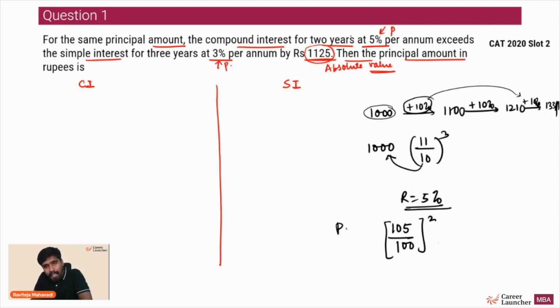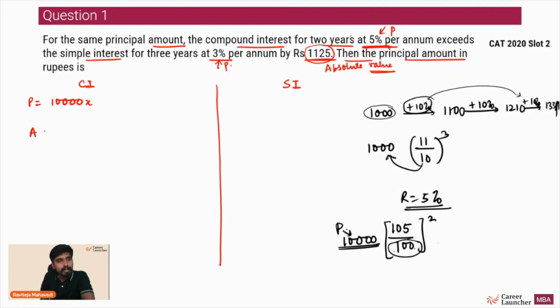So the P that I will typically take is a multiple of 10,000, since 100 whole square is 10,000. I will assume the principal to be 10,000, because already I am mindful what value to assume. So for this question, I'll assume the value of the principal to be 10,000. So let us say that my assumed value of principal is 10,000. For goodness sake, let us write 10,000x and see what happens. If the compound interest is 5% per annum, then the amount in this case